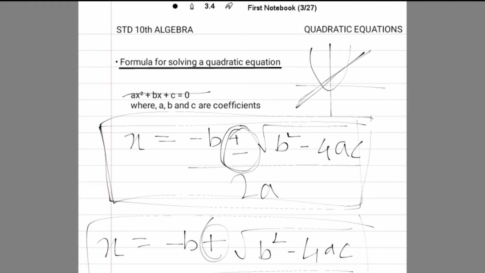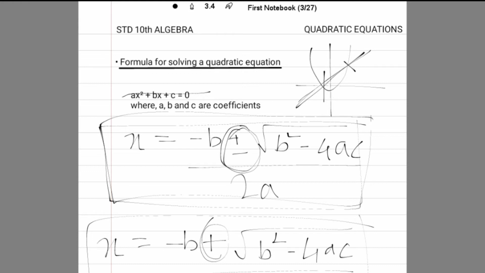Now this line will intersect the curve at two points, right? So this is the first and this is the second. So these are the roots of the given quadratic equation. So this is how we solve it by the graphical method, but this method is not in your syllabus, so just don't concentrate on that. There is only one example given which you can just see and get extra info about, nothing else.